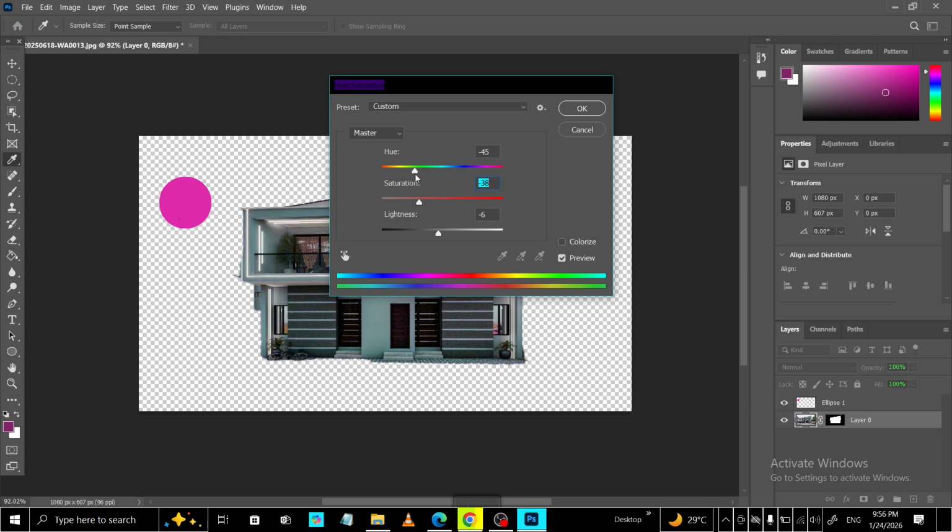When you're happy with the result, close the dialog, and that's it. You've changed the overall color of your PNG quickly and cleanly using hue saturation. Experiment with different combinations